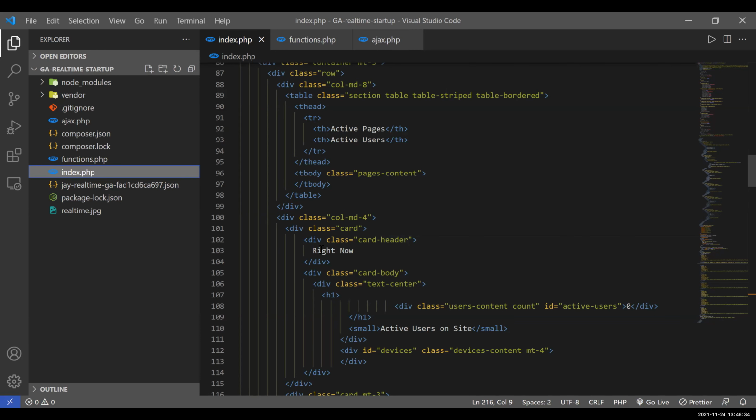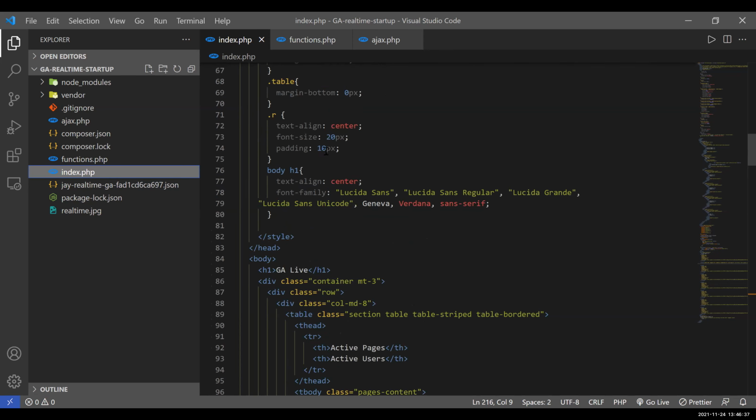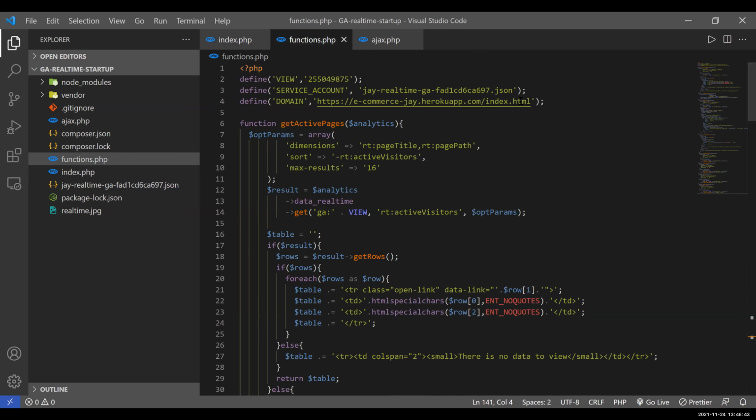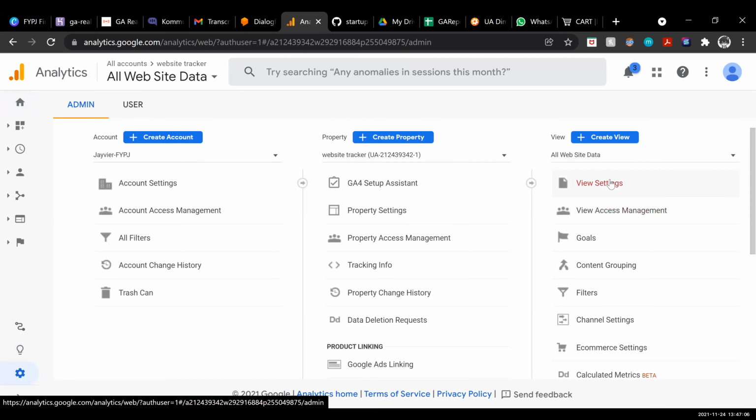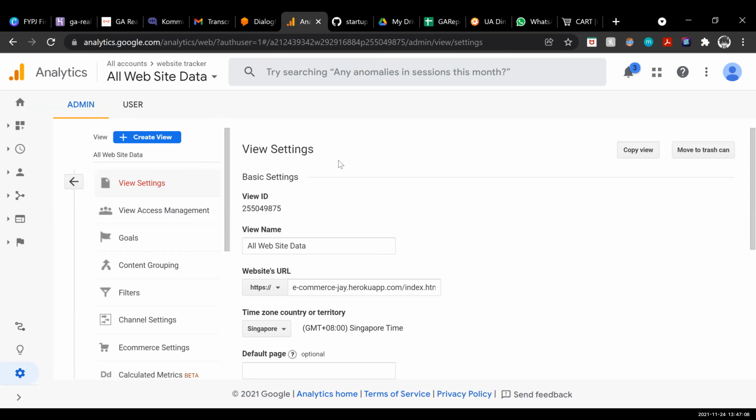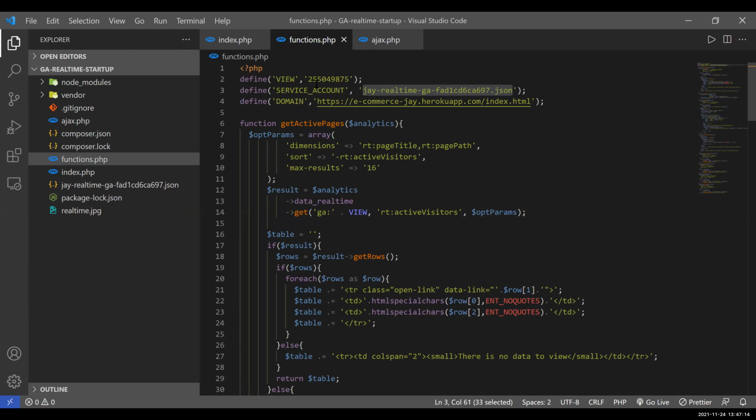Which is the one that linked the key from? I mean, you embed the code from Google Analytics, the merchant ID or something. Is it? Oh, under the function PHP, so we can have the JSON file link inside. Where's the place from Google Analytics that you need to cut and paste? It's under Admin, and then go to View Settings, and then you can see the view ID over here, and then you paste it to your code over here.